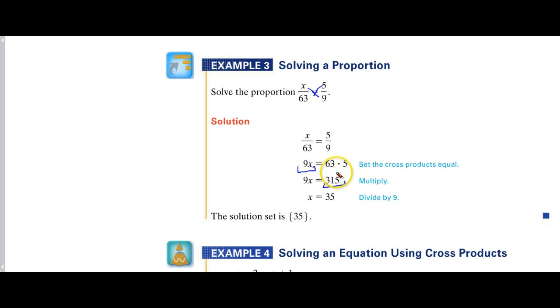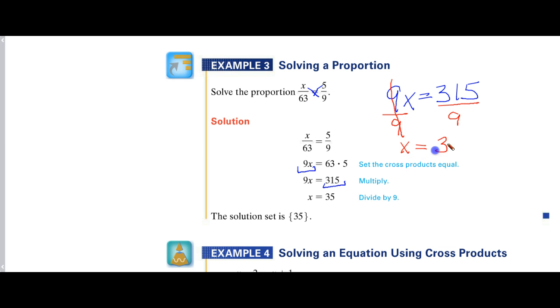315. And now when you have something like this, 9x equals 315, the general technique will be to divide by whatever is with the x. This is called the numerical coefficient, or the number that's with the x. You divide by that, and you divide the other side by that. So, sort of a simple equation. Here the 9's cancel out, and you're left with an x, and you just divide 315 by 9, and you